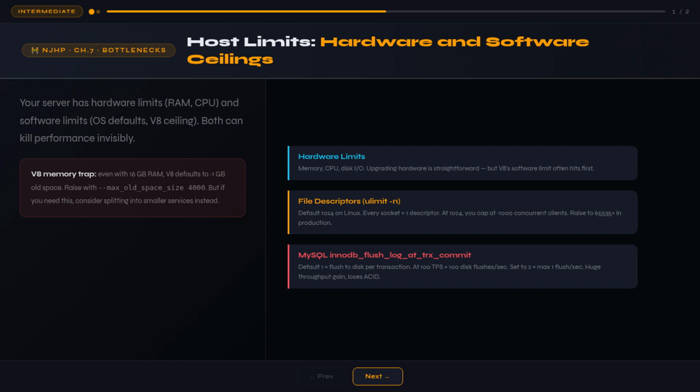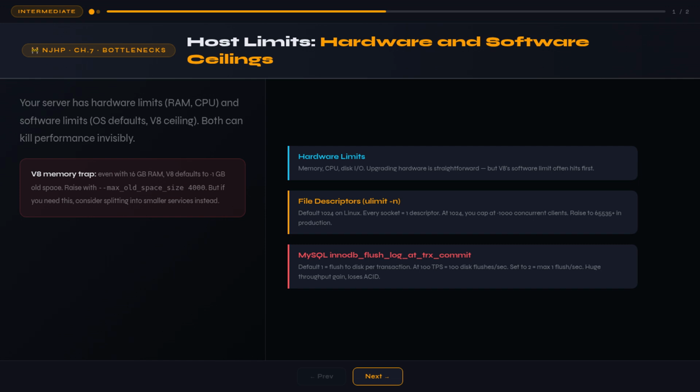But for Node.js applications, there's a layer above hardware, a software memory limit imposed by V8. By default, V8 allows about 1 GB of old space on a 64-bit machine. Even if your server has 16 GB of RAM, your Node process will crash at 1 GB unless you explicitly raise the limit. You do that with the